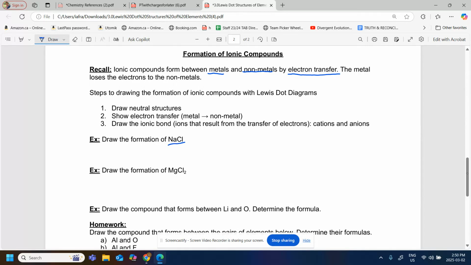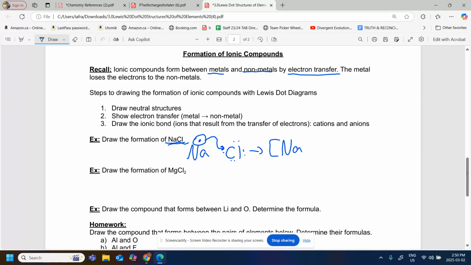So your first step when you're trying to show the ionic compound form is you draw the Lewis structures of both elements side by side. So we have Na is in group 1, Cl is in group 17, so 1, 2, 3, 4, 5, 6, 7. And then you circle the electron on the metal and you transfer it to the nonmetal until the nonmetal is stable, meaning it has 8 valence electrons. And you can see here that sodium only has 1 to give, so it's going to lose that electron, transfer it over to chlorine, and at the end,